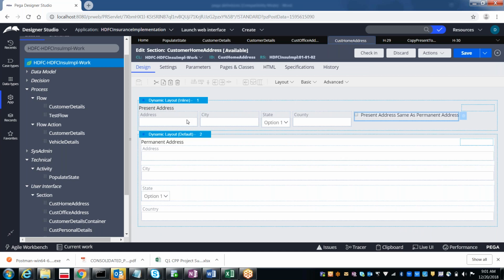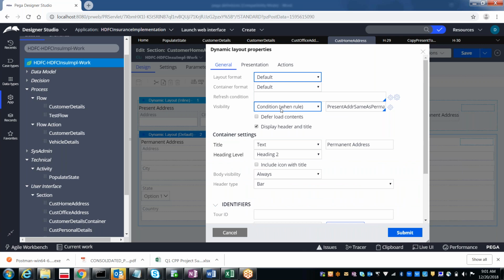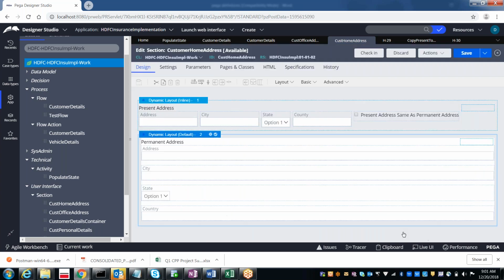On click of this checkbox, we have applied this layout. Select this. Yes, visible condition is there. Now we don't want any condition. We want to display it always. Select always and then submit and then save it.